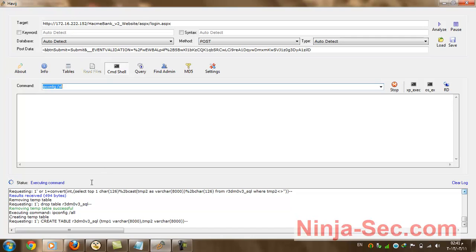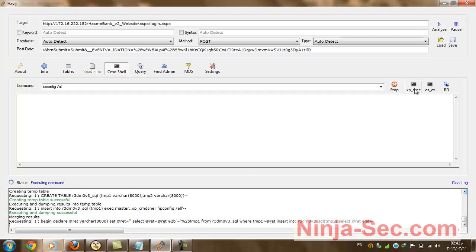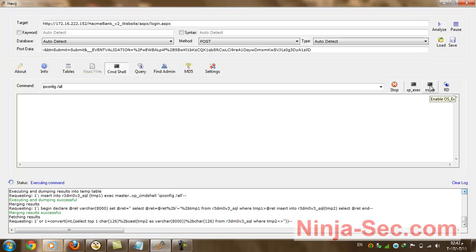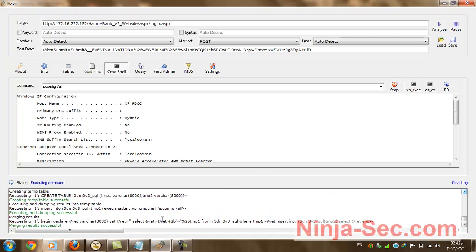You can see it is a create table, remove, and you can see it executes commands here with exec master xp_cmdshell, then the command here. Okay, so enable xp_cmdshell. If this is disabled, just click on this and it will automatically enable it. Or you can also enable ole automation. So both options are very good for us if you want to enable xp_cmdshell if it is disabled. Here xp_cmdshell, you can see it is enabled,